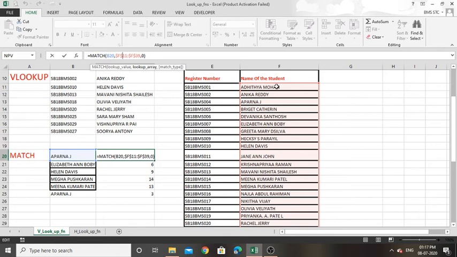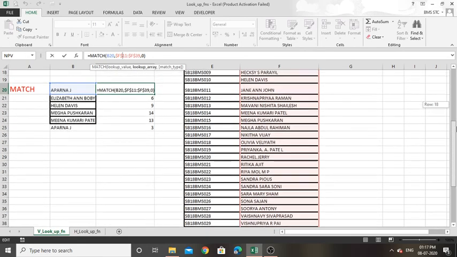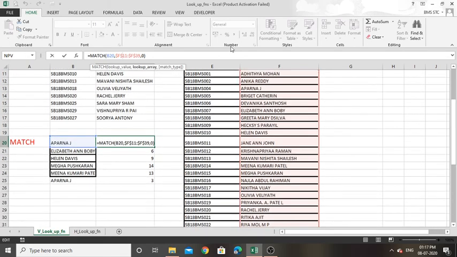So I just need this second column, excluding the header portion. I selected from Aditya Mohan till Vismaya PV as my lookup array, and also I referred to it as an absolute reference, that is with the $ symbol. I used the $ symbol before the column name and the row number.